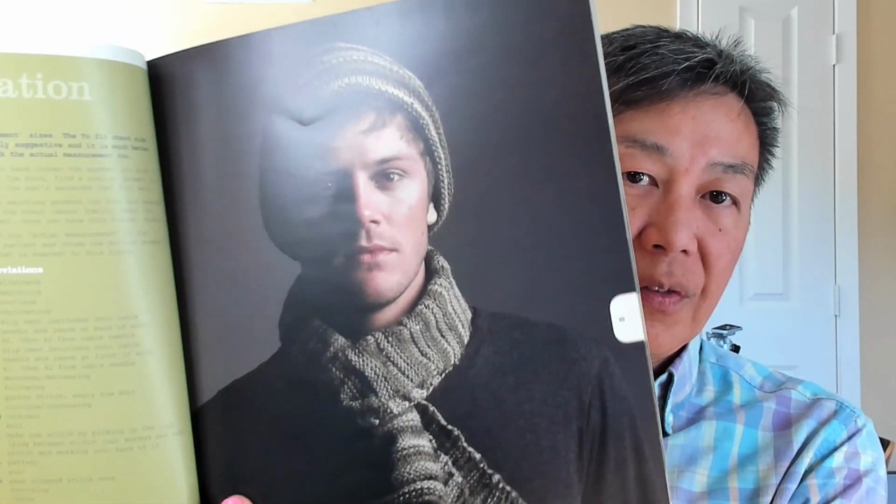Anyways, from Amano Yarn, I picked up this book by Jane Ellison. It's called The Queensland Collection. It's book number 9. I'm not really familiar with the series of books, so I don't know what the other 8 previous books look like, but this is a collection of men's knitting patterns. Sweaters. The first project pictured is a hat and scarf. Mostly sweaters, vests, a hat. But anyways, the project that I've knitted from here is this one